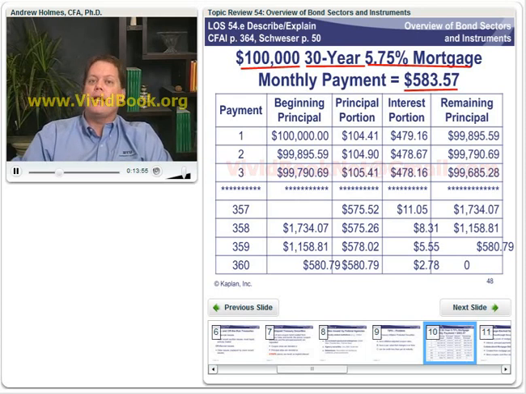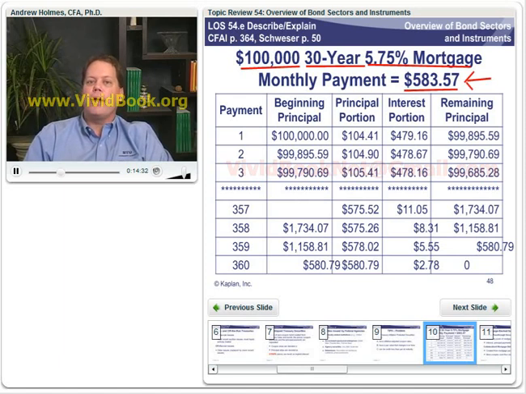So anyway, we've calculated the principal and interest payment to be $583. We've talked about amortizing versus non-amortizing loans several times. Remember, this is an amortizing loan. You're going to make 360 equal payments. Each one of those payments is going to be $583.57. Some of that is interest and some of that is principal. Once you've made 360 payments of $583.57, you will have paid all of the principal and all of the interest owing on that loan. So this amortization schedule gives us the scheduled principal payments.